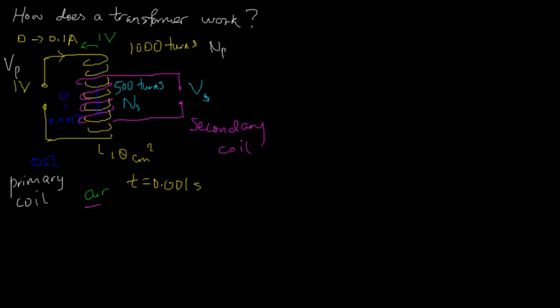The way I found VP was to say that VP is equal to this induced EMF, and the induced EMF is equal to, by Faraday's law, the change in flux over time taken, and that in turn is equal to